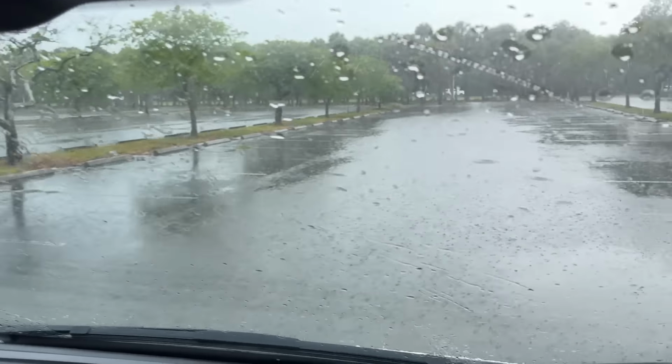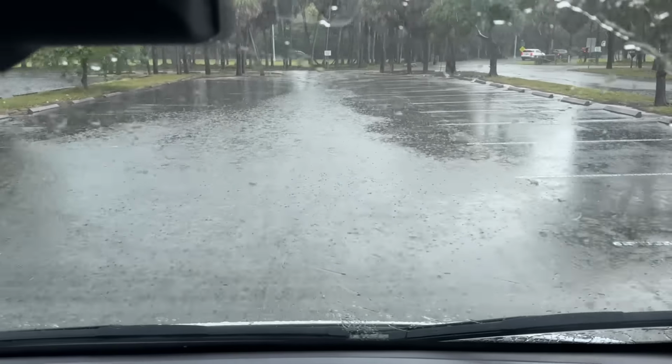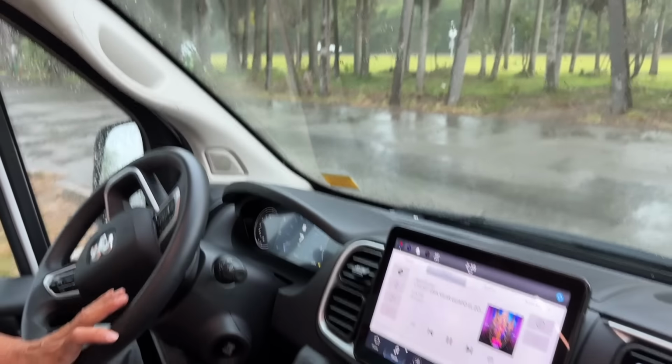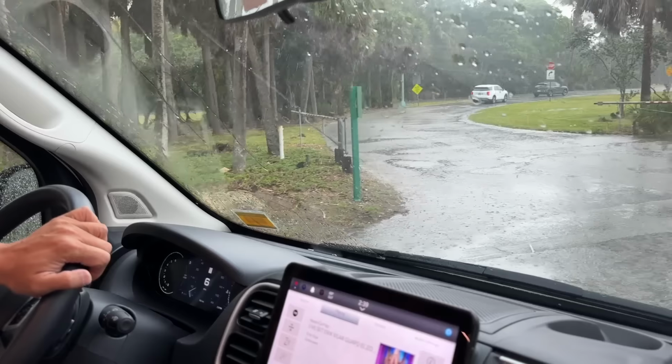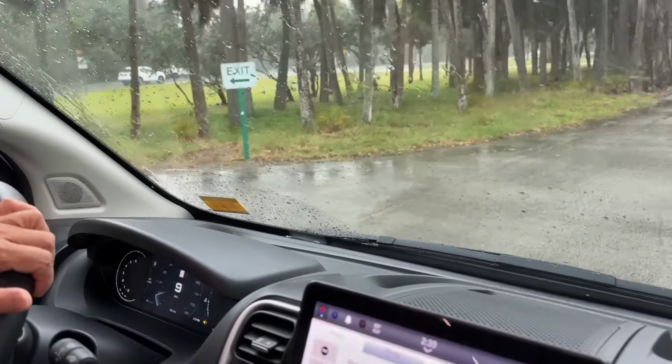So what'd you think of that? Actually, it handled the puddle very well. How about the turning radius? The turning radius is very good too. It's very different, right? Very different. It kind of handled like a normal car, like a normal van. It's not an RV. It's pretty cool. Very vastly different. And the noise level inside is very quiet. You hear the rain on the windshield, but